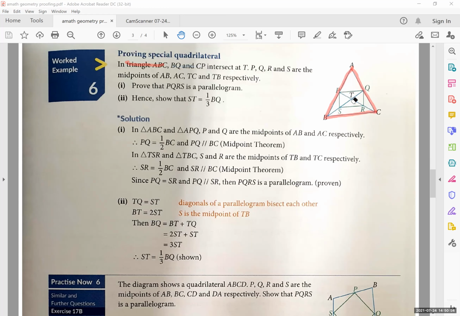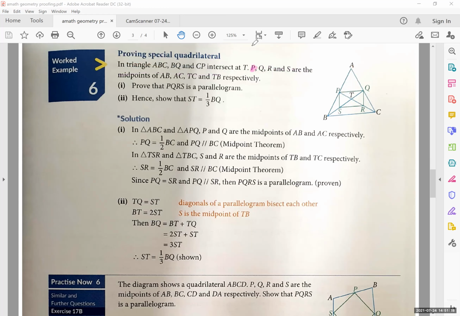So I'm not going to do the one in blue because I have this super juicy information that P, Q, R, S are the midpoints of these sides. So if I know that this is a midpoint, it means I know that this is equal to this. That means the one in red is also redundant. So let me go and do everything again.